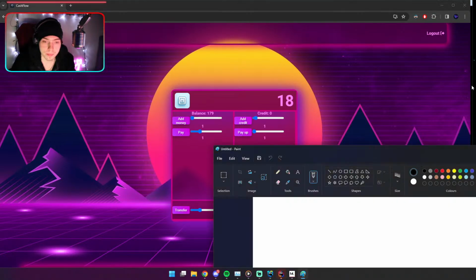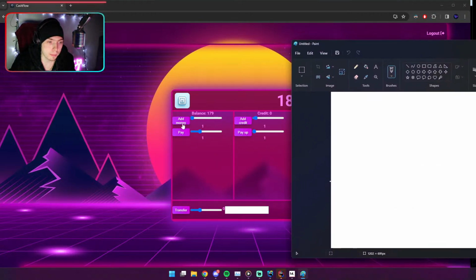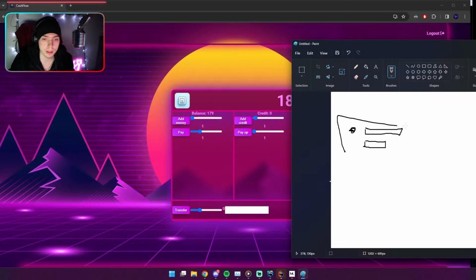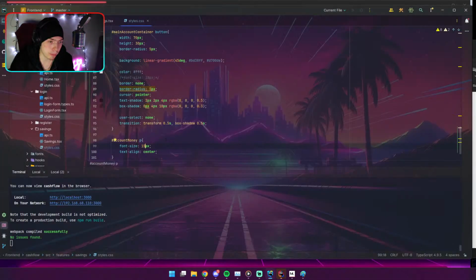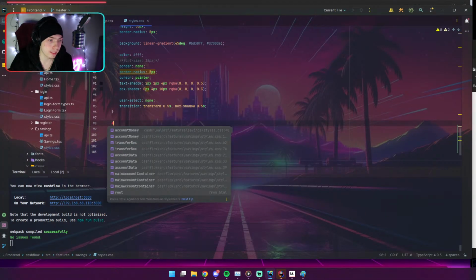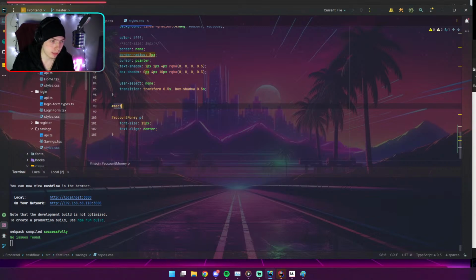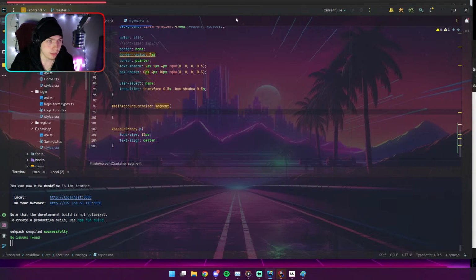And adding money process. So adding money should be obviously under the balance. So maybe something like amount, then a slider, which will be represented by this box, and then a button under it, and everything should be some sort of a container, because everything is a segment, if I remember correctly. So inside every main account container segment, we will insert our